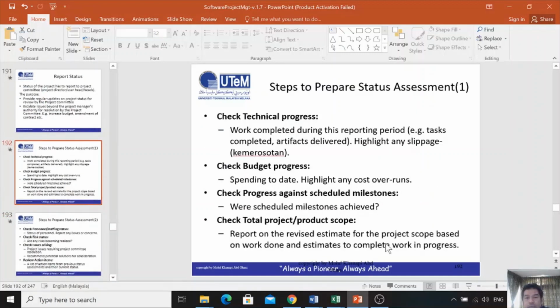So, the step to prepare the status assessment. I think this one you can read first. You need to check the technical progress. Technical progress means